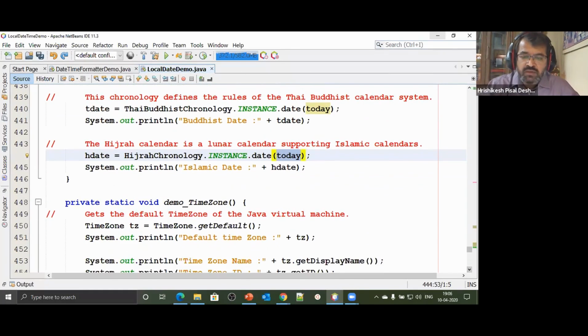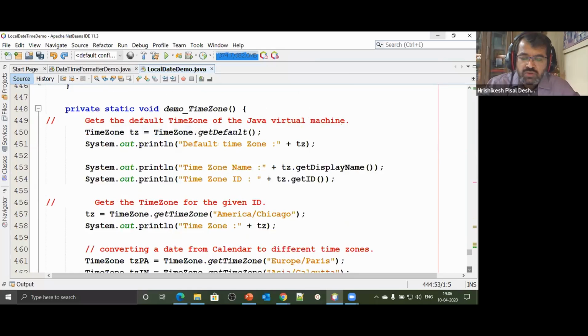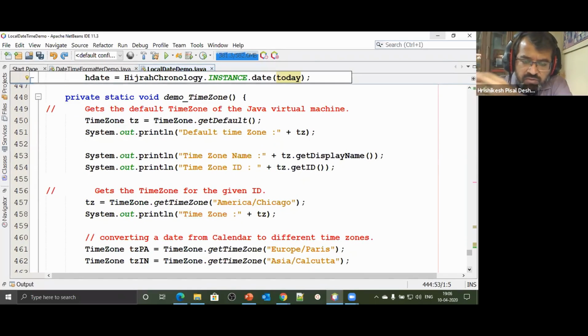Let's proceed further. Now we are talking about time zone, and I was talking about a scenario. It's a connected world. Half of the team in US, some members in India, some members in Singapore, and now they have to meet. So I'm in India, and a few of my partners are in Singapore, and a few of them are in America. And I tell them we meet for a Java online session at 6 p.m. And how is it going to work? If I say 6 p.m., the American guy will join